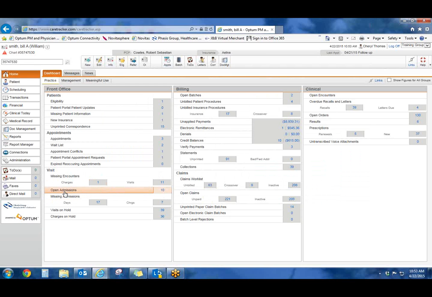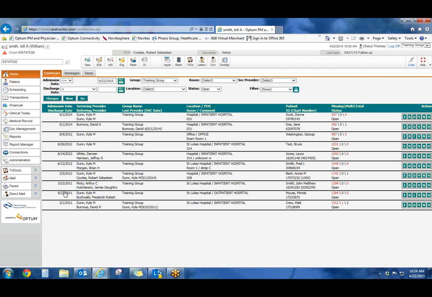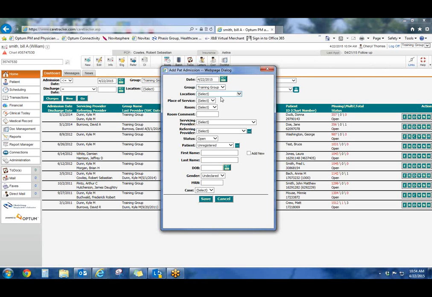The next two on our list are admissions, and this is designed for those charges or those patients that we're following that aren't going to be on our schedule. Most of the time they might be hospital admissions or hospital visits, but they can be things such as maybe home visits or things like that that you're not adding on the schedule. It allows you to go in there and add the patient in